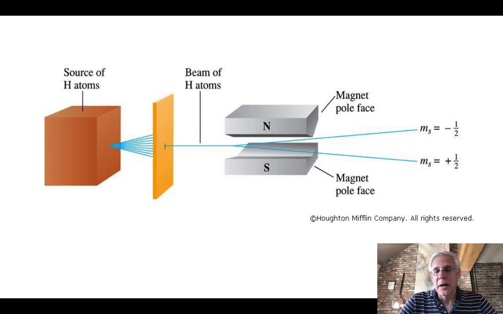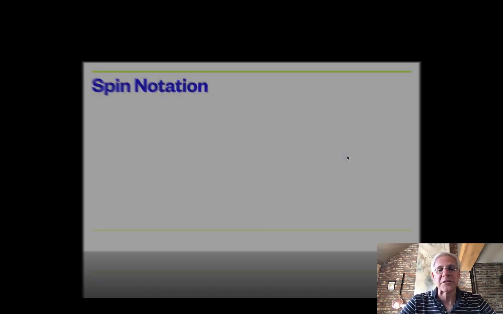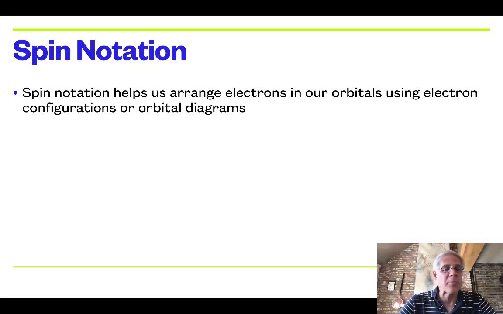And so the 1/2 value actually comes to help some of the math work out for some of the more complex quantum mechanics involved, but the plus and the minus indicates the opposite magnetic fields. So in order to show how electrons go into our orbitals, we use something that is called spin